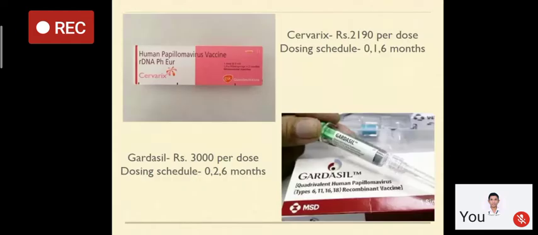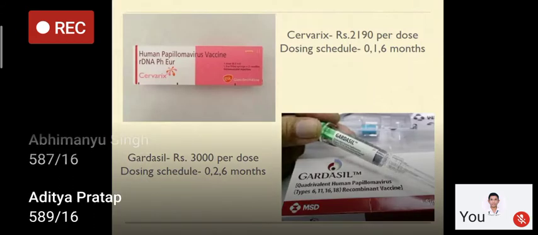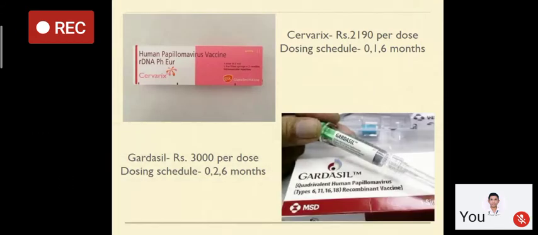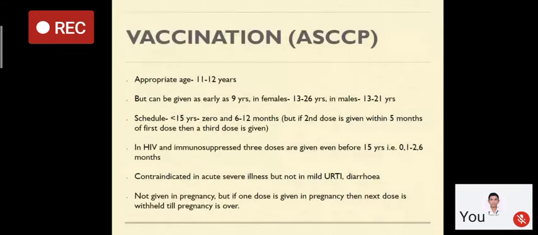And this is the HPV vaccine. The Cervarix dosing schedule is 0, 1, and 6 months, and it has to be given intramuscularly. And it can be given in all, preferably in the women who have not started sexual intercourse. Gardasil, its dosing schedule is 0, 2, and 6 months. It is again 6, 11, 16. You can see the wrapper of the vaccine. It is again 6, 11, 16, and 18. Okay, so it protects against both cervical cancer and anogenital warts.